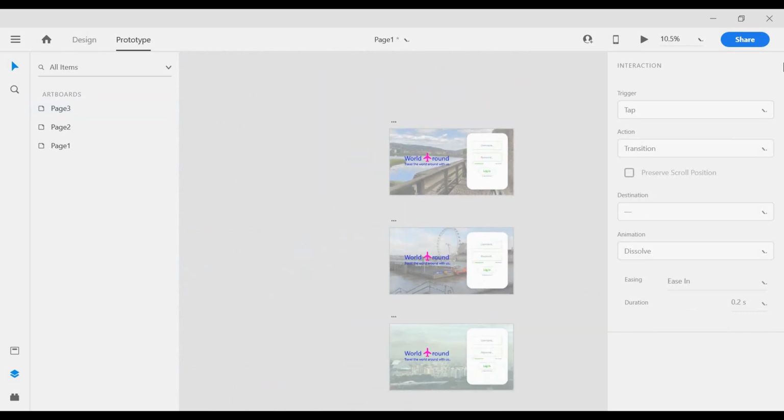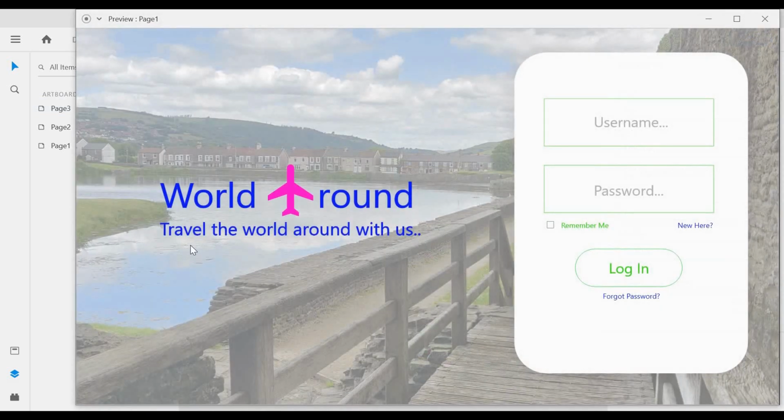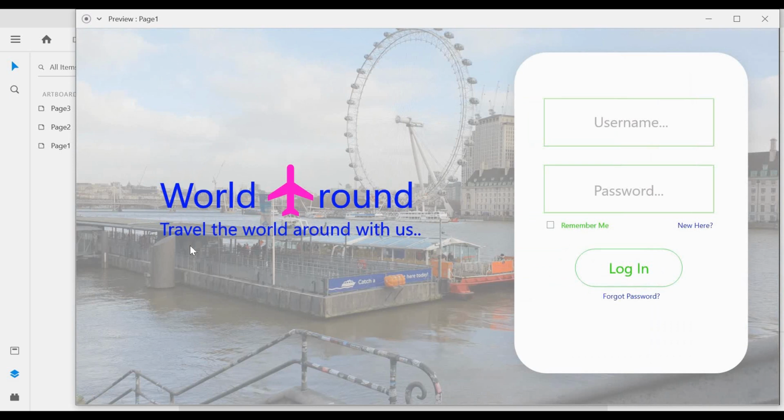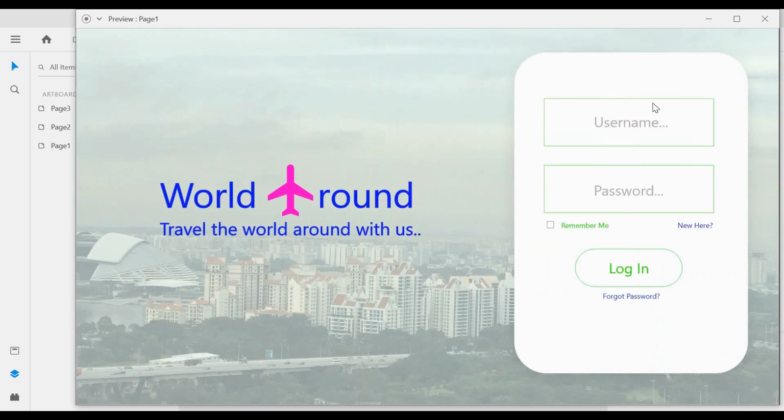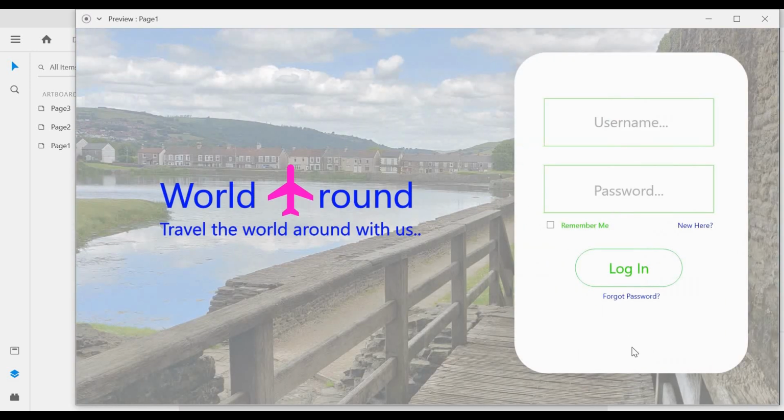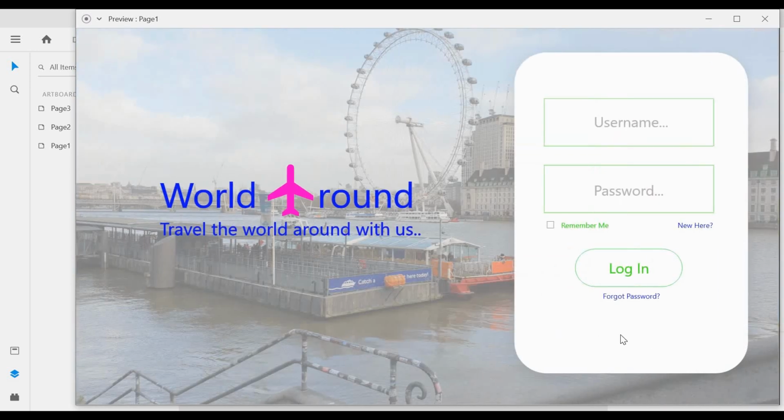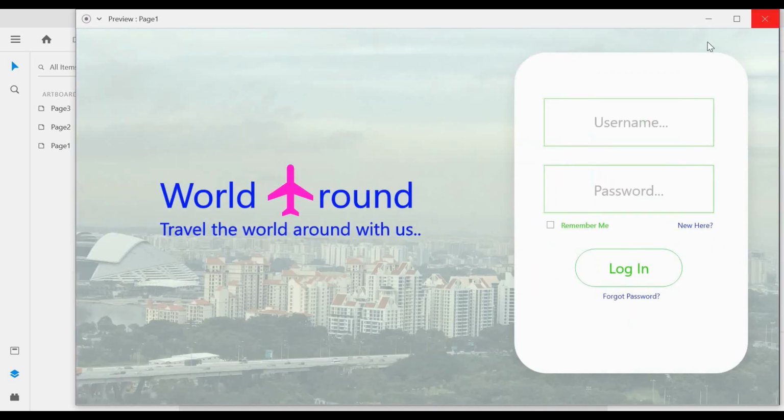Now what I want is first, let's save it and go to our preview window and see if it's transitioning. So yeah, that's transitioning perfectly. So now what I want is when the user clicks on this login card, the transitioning should stop so that the user can fill their details. So for that, I'll go back